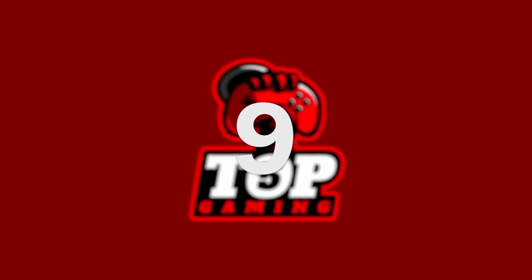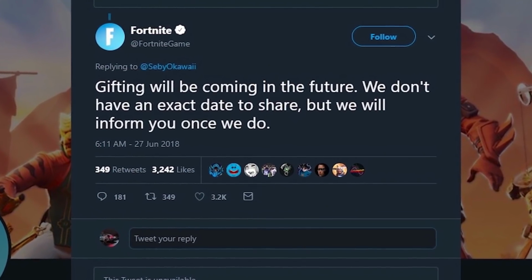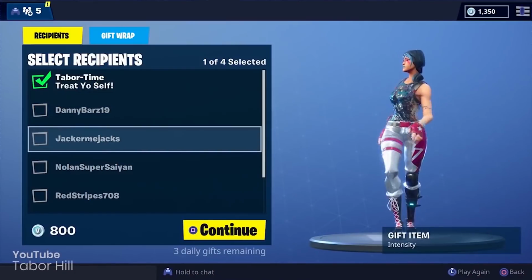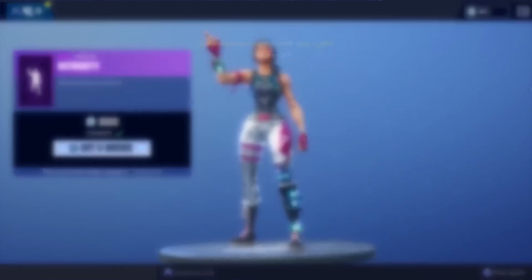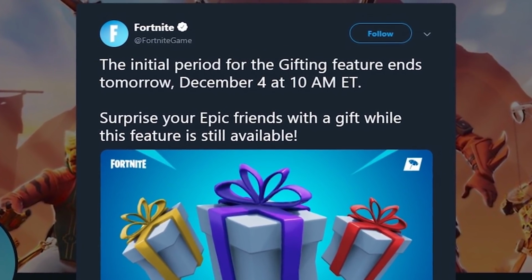Number 9. Permanent gifting. So we had confirmation about gifting all the way back in June of last year, but it wasn't until November that they managed to get their first trial week for gifting up and running. Some were expecting a trading system like it's Pokemon, but it was way simpler. You could pop into the item shop, choose to buy one of the skins, cosmetics, or dances, and send them to a friend. Gifting has been out a few times now, but it's always for about a week or so,